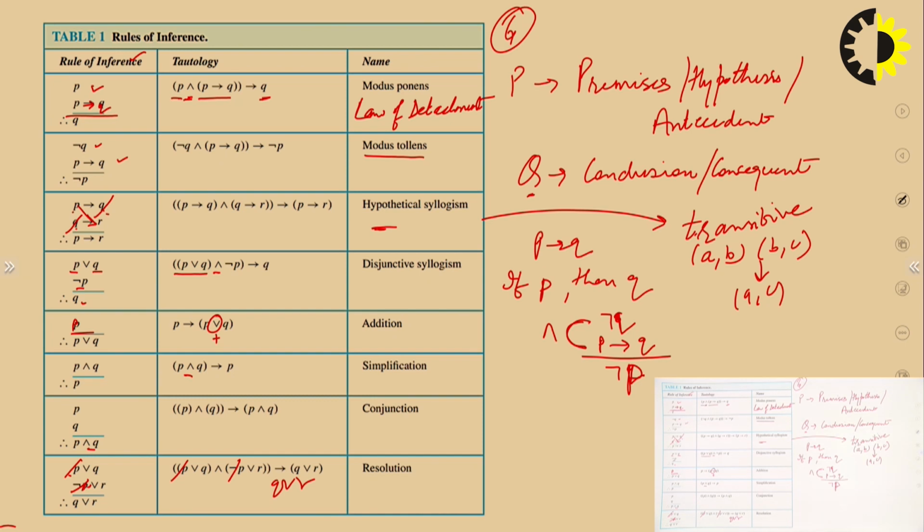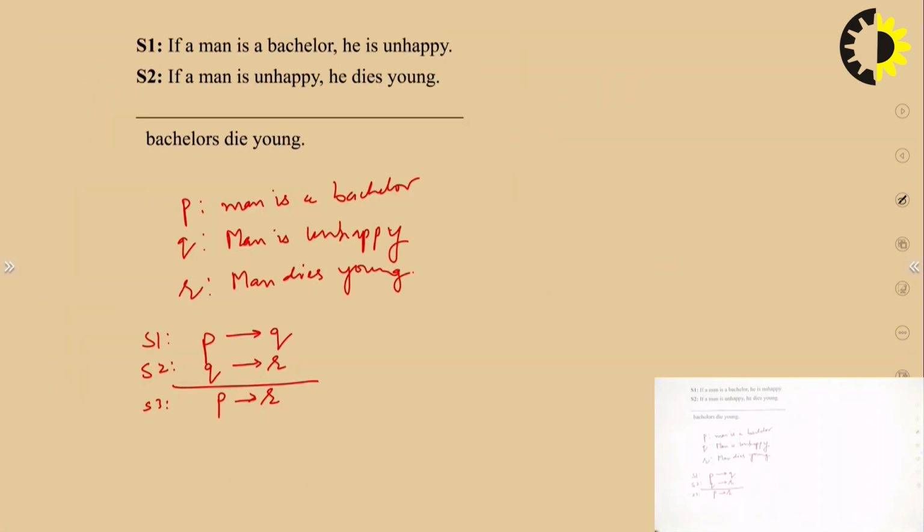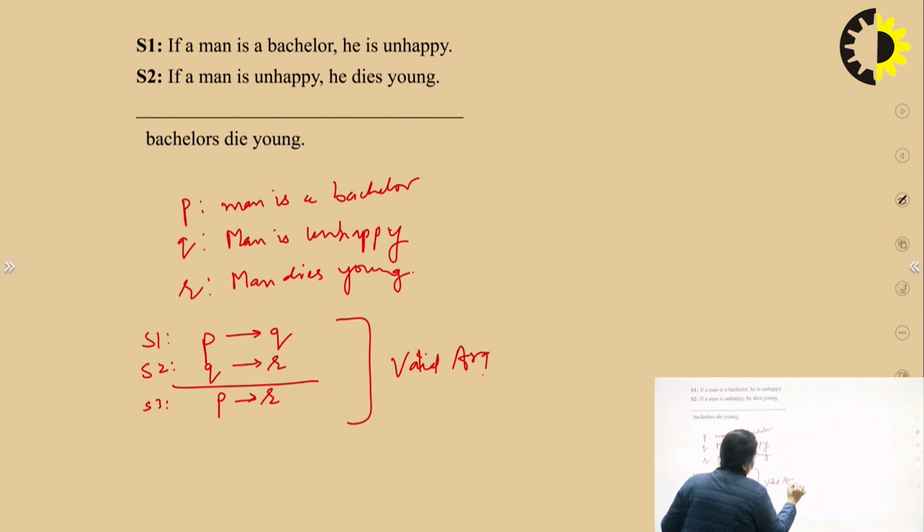What we have in resolution is P or Q and not of P or R. But here we have P implies Q and Q implies R, then we have P implies R. That is hypothetical syllogism. Yes, it exists. So we have P implies Q, Q implies R, and again P implies R. This is a valid argument, which is rule of inference number 3, that is